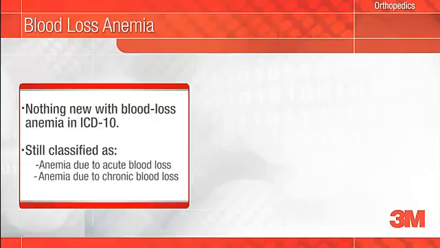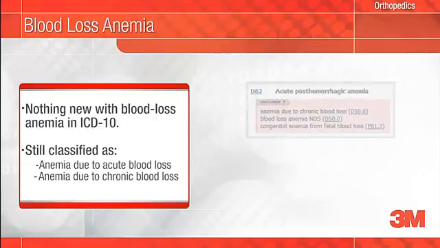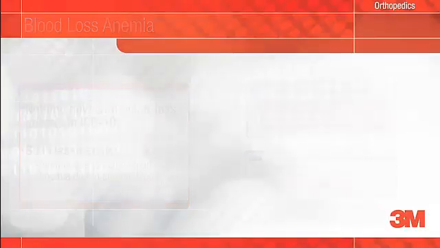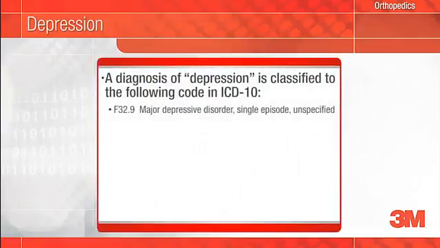It is still classified as anemia due to acute or chronic blood loss. There is, however, an opportunity for improvement in documenting this diagnosis. If the anemia is due to blood loss, you need to be certain you indicate the cause and effect in your documentation. What's new here is that a diagnosis of depression without further qualification is coded to F32.9 in ICD-10,